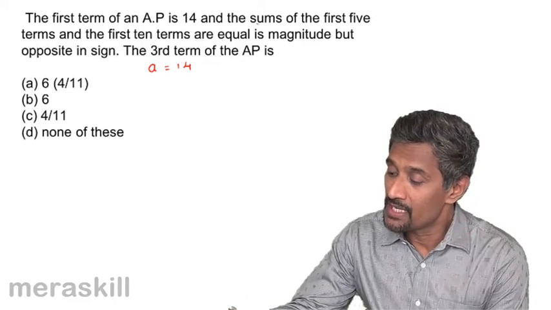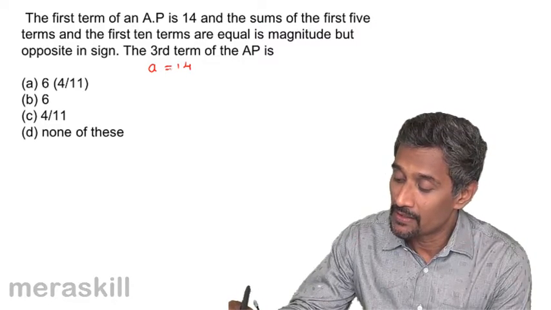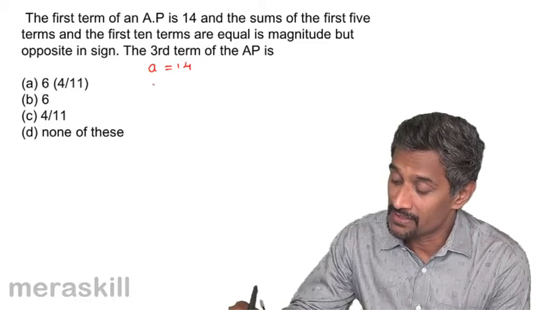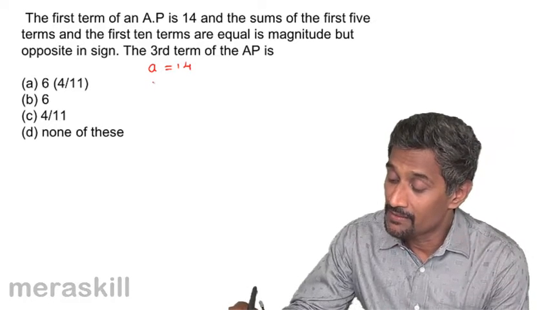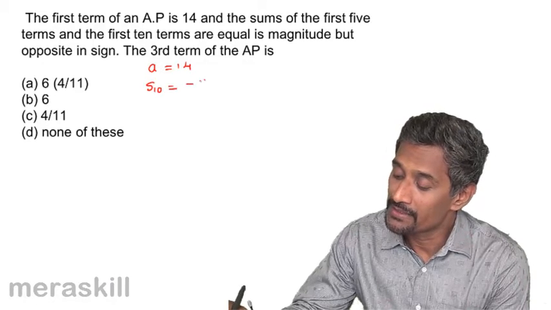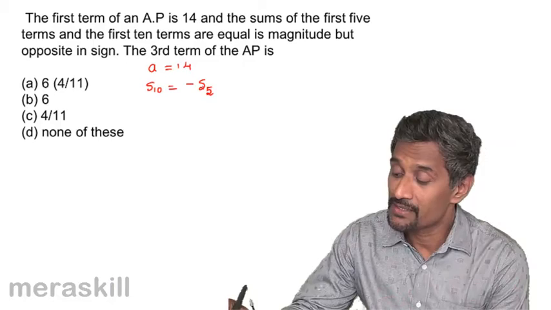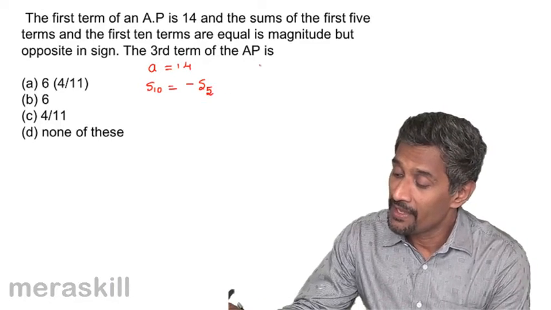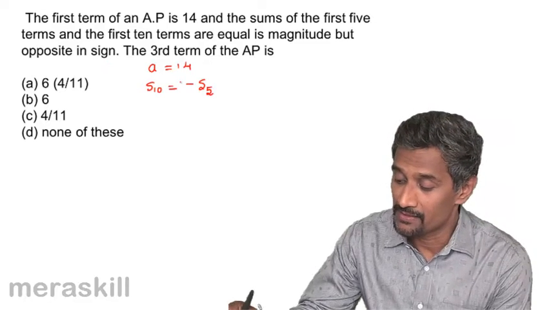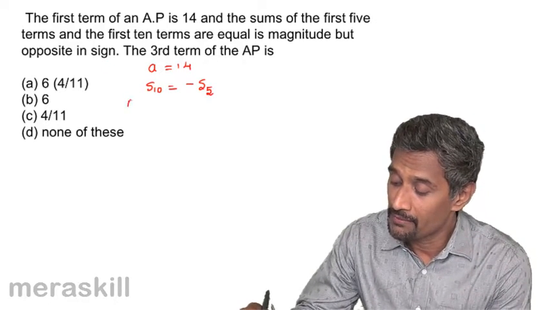So if you see the sum of the first 5 terms, that is S5, and the sum of the first 10 terms, that is S10, would be equal to minus of S5. So S10 is equal to minus of S5, but opposite in sign, or S5 is minus of S10. And A is 14. So let's substitute the values. You have n by 2